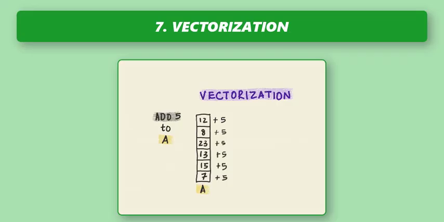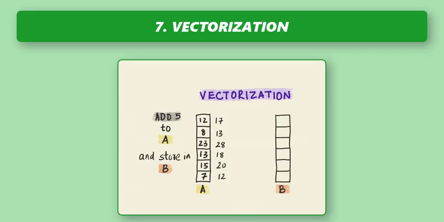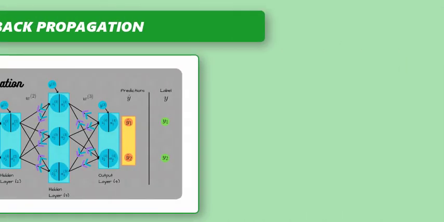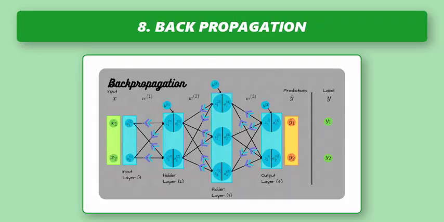Vectorizing operations not only makes your code run much faster, but it also makes it cleaner and easier to read. So we'll see this as well. Now comes the backpropagation, the heart of how neural networks learn. We'll break down how the chain rule is used to calculate gradients, then see how those gradients help us update the weights and biases. This process moves backward through the network, layer by layer, tweaking everything to reduce the prediction